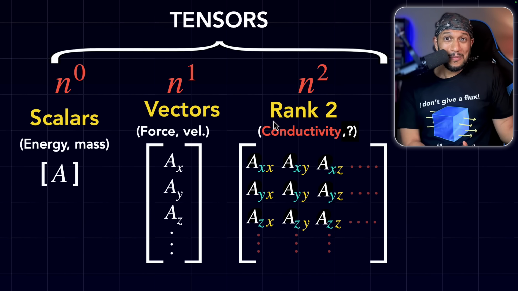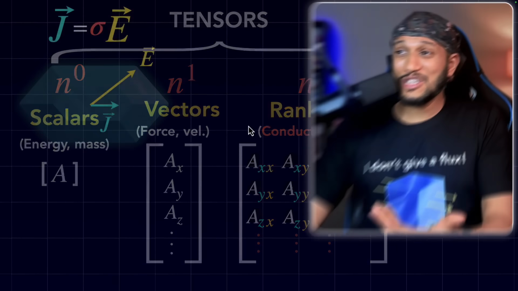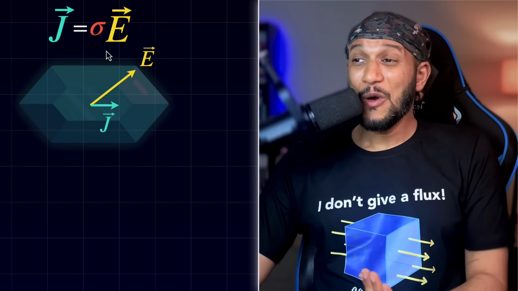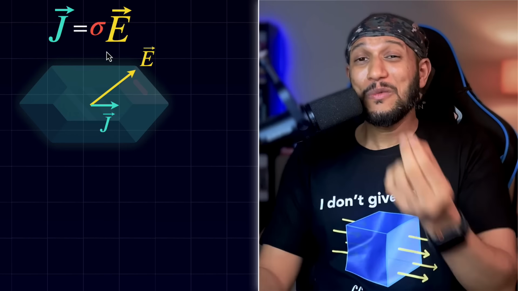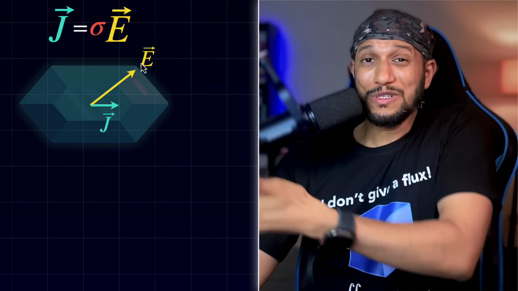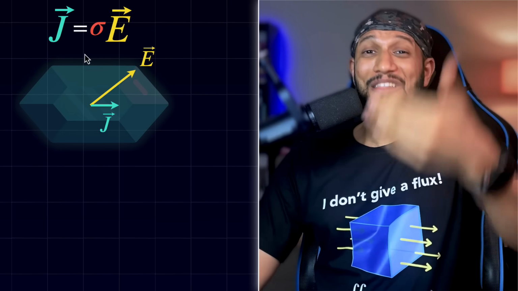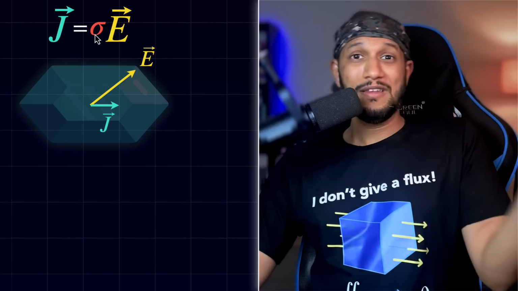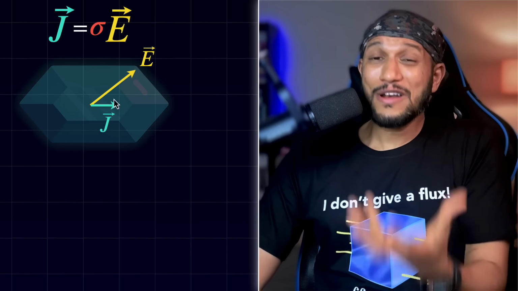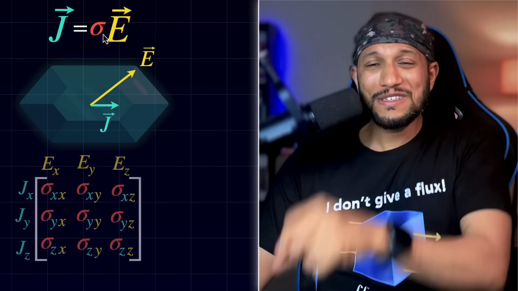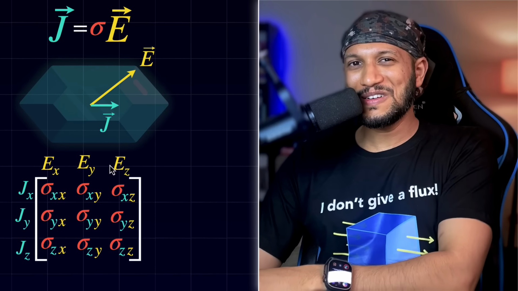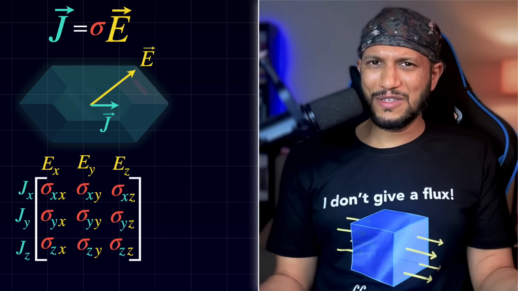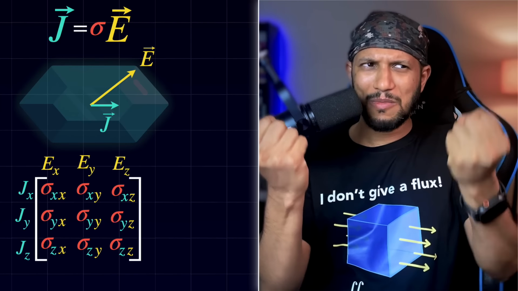Feynman says, Mahesh, if you go back, what made conductivity a rank 2 tensor in the first place? Well, it all boiled down to one and only one thing. The J was proportional to E, but not necessarily aligned. If it was always in the same direction, conductivity would have been a scalar. But the fact that it's not necessarily always aligned forced conductivity to be a rank 2 tensor. So the next natural question for us is, are there other places where you have vectors proportional to each other